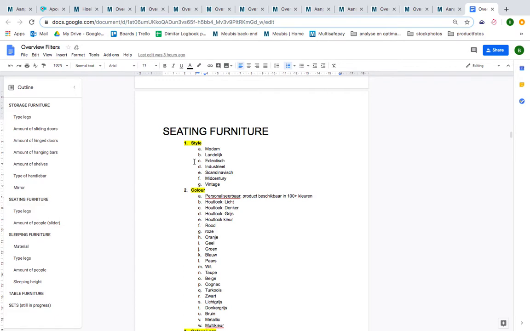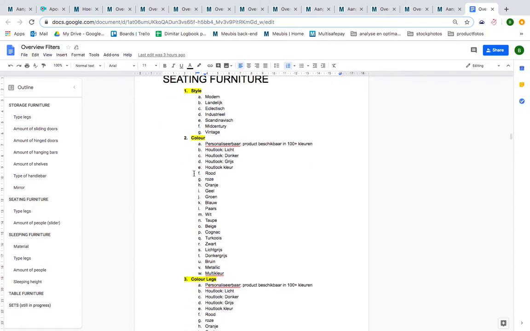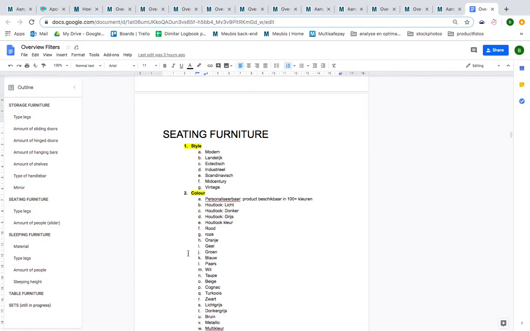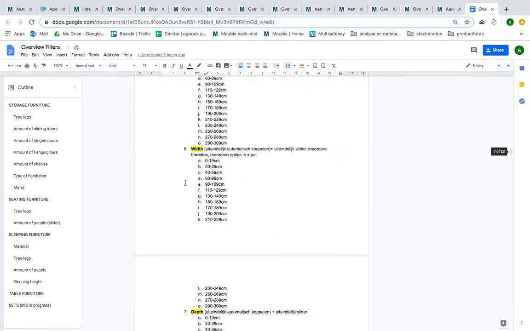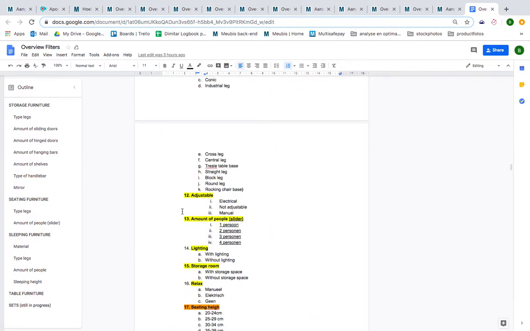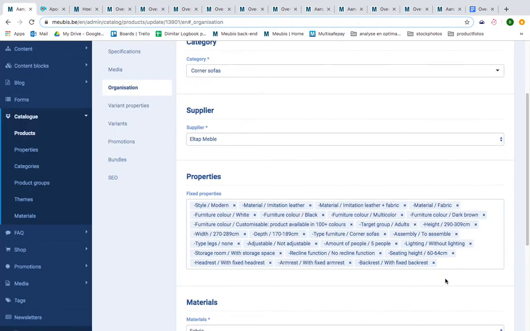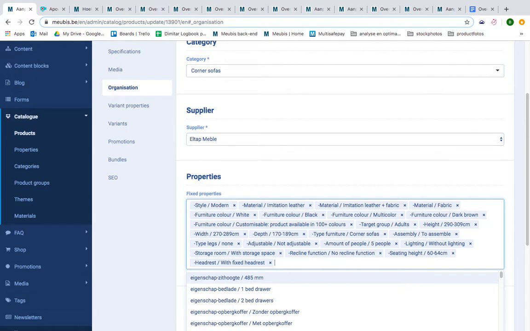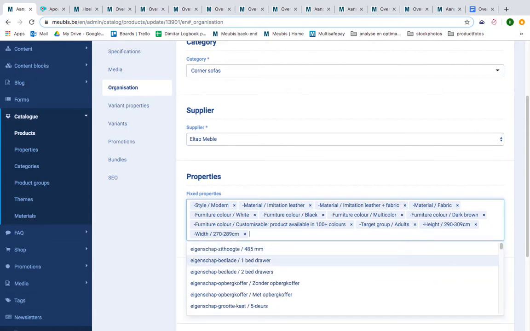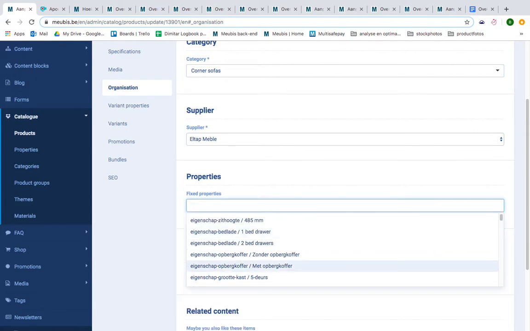So I think what would be best for you is also to print it out so you can just have it in front of you. So you just go down this list, and it's a list of 20 filters that need to be added. Each one is the main property, and then these are the values, just like you would in the variant properties. So this is the end result, but I'll just quickly remove them and add them again just so you